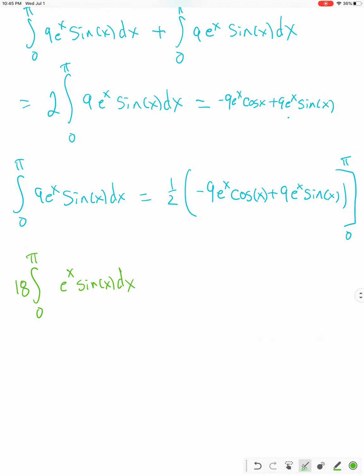Okay? So how do we convert that? Well, you could have said, oh, that's the same as 2 times 9, integral from 0 to pi, e to the x times sine of x dx. And then that's the same as 2 times integral, 9 on the inside, 0 to pi, e to the x sine of x